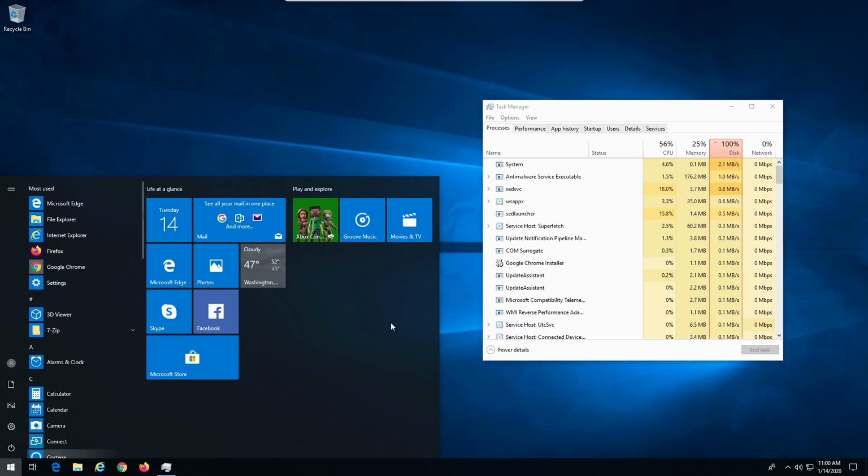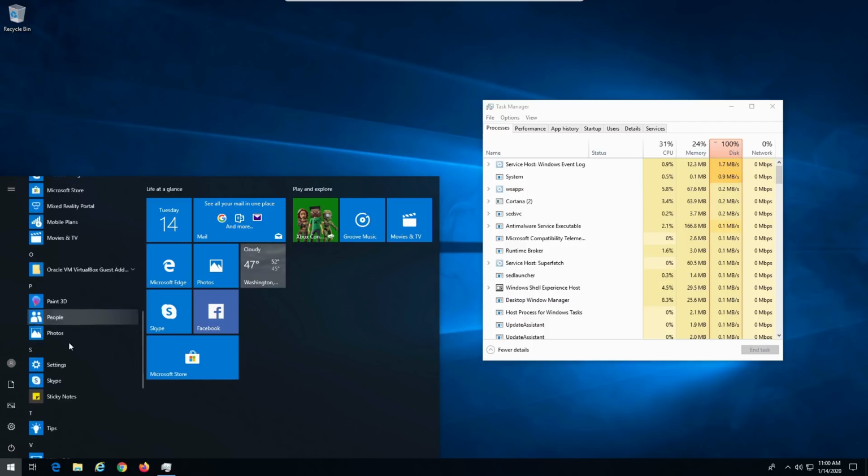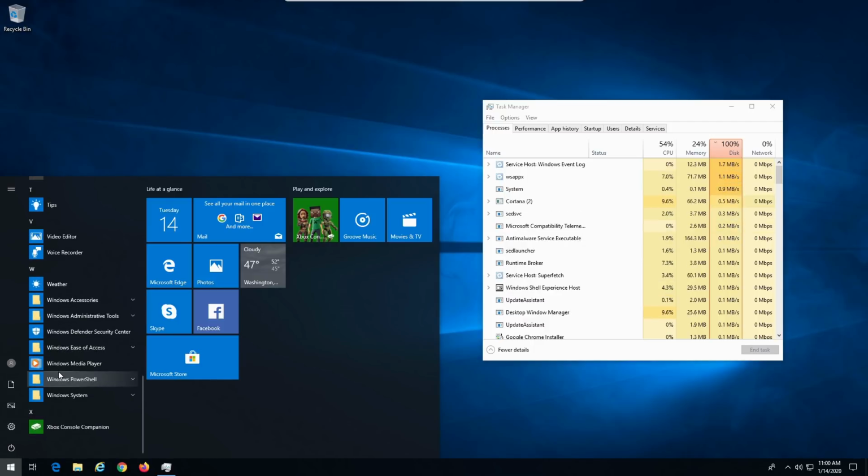The other issue is, now we have the live tiles. You can edit and you can adjust the live tiles, but one of the issues that I mentioned in the previous video is I said you really can't customize the start menu. And a lot of people said, oh yeah, you can, just like the old ways. And I will take issue with that.